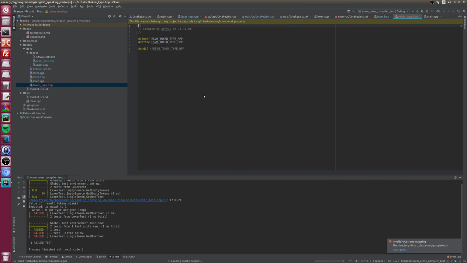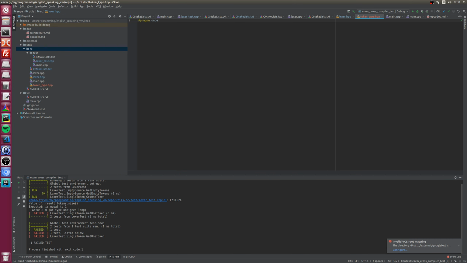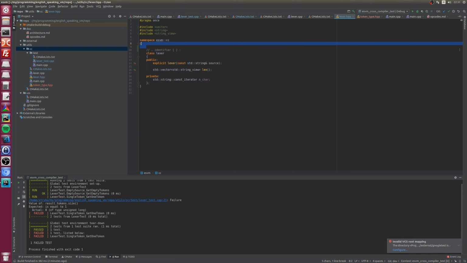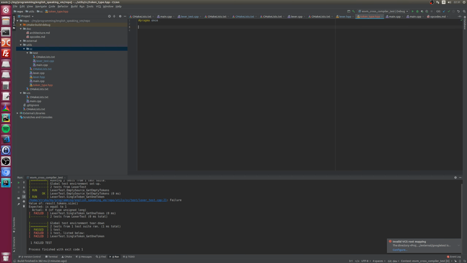Token type. Cool. Now, first one will be undef.